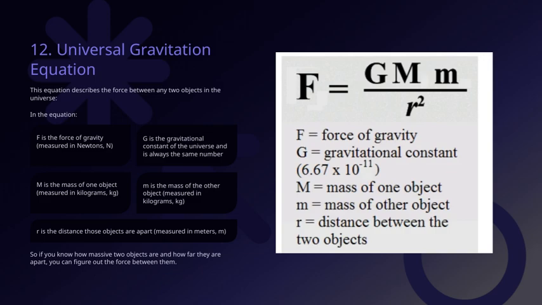All of these come together in a very important equation, called the universal gravitation equation. This equation describes the force between any two objects out there in the universe, no matter what they are. It's a fundamental concept because it helps us understand how objects attract each other through gravity, whether it's planets, stars, or even galaxies. So, understanding this equation is crucial because it connects the mass of objects and their distance to the gravitational force they exert on each other.